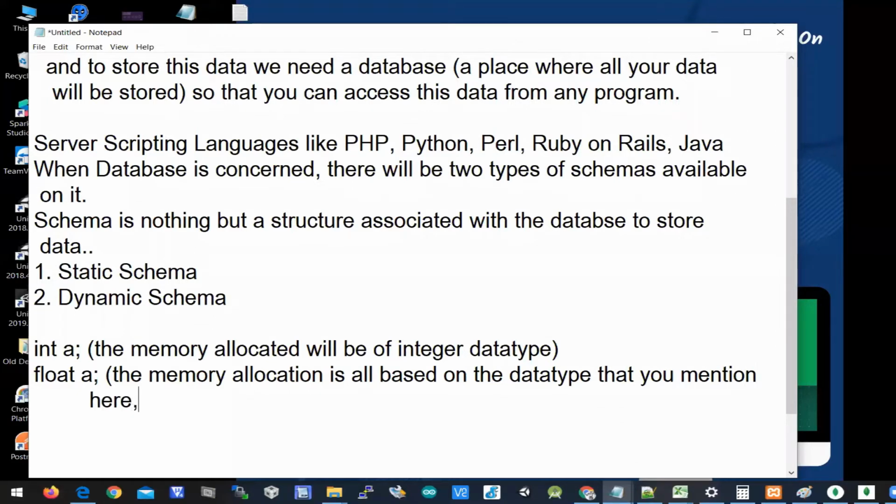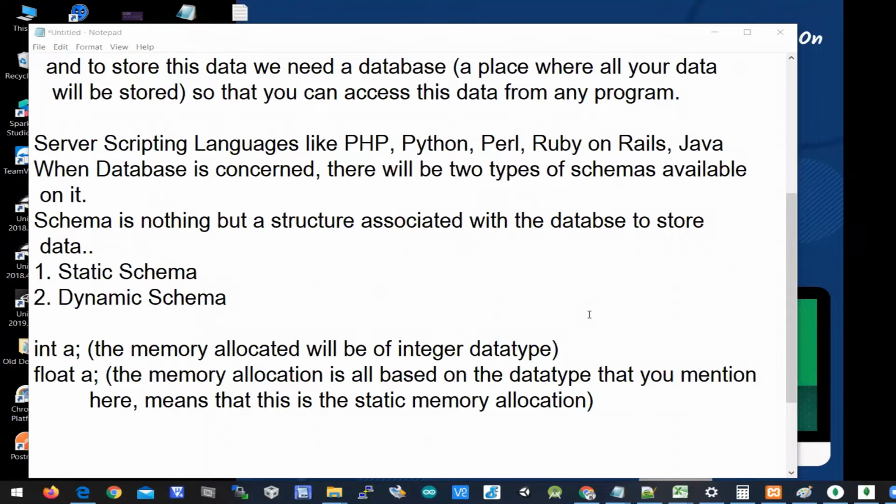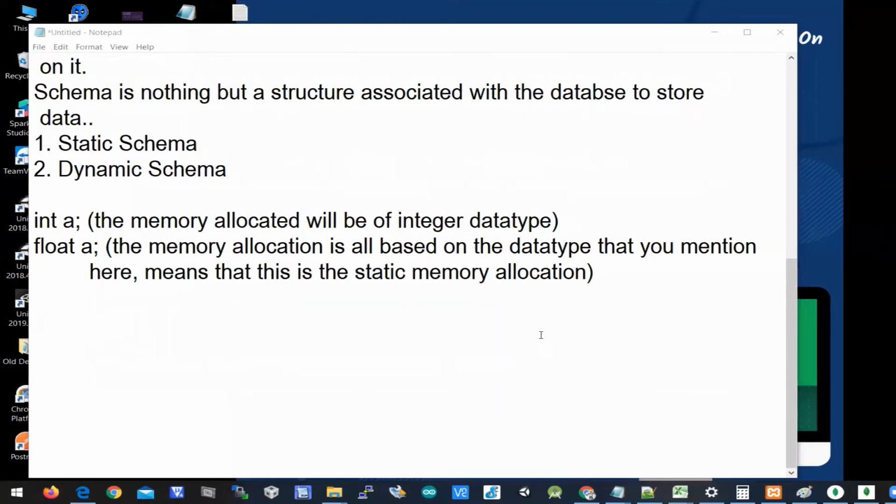Which indirectly means that this is static memory allocation. But when you look at a programming language like Python, when you say a, the data type of a is always based on the value assignment. When you assign a true value to a, it means that this becomes an integer variable.